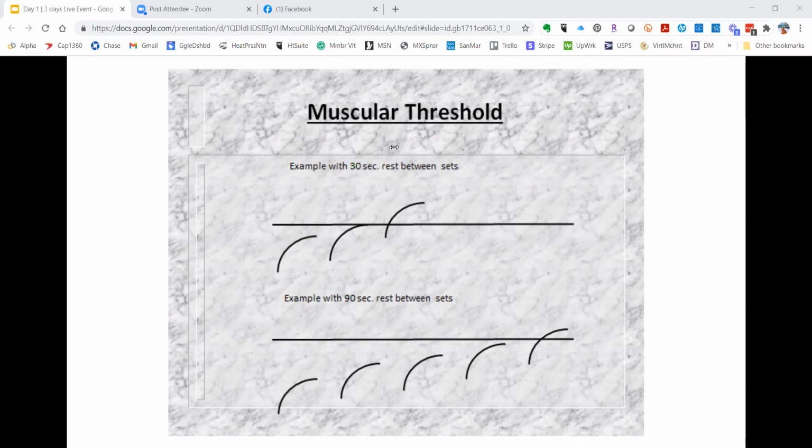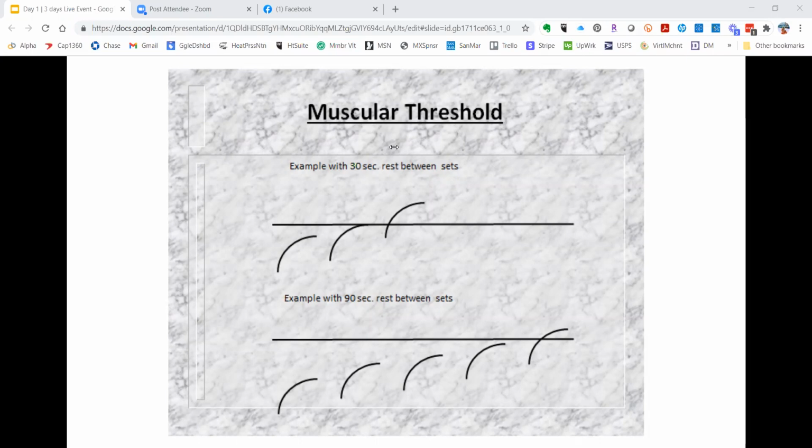So on the top of the slide, you can see the first curved line represents the first set, and you're resting 30 seconds in between sets. Then you do the second set, and that line represents where you would be going to momentary muscular failure. Then you rest again 30 seconds, and then you push over what your body's able to do currently. So you'd go to, if you were shooting for 12 reps, you might only make 8. Now you've asked your body to do more than what it's accustomed to, and it will come back and recover stronger. So this is an intensity model where you're working 3 sets and only resting 30 seconds between sets.